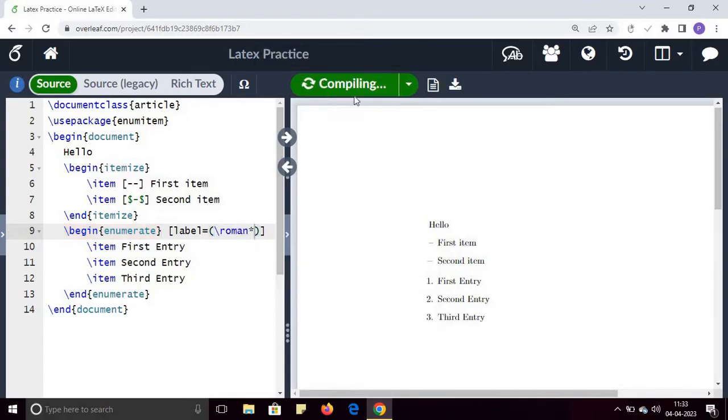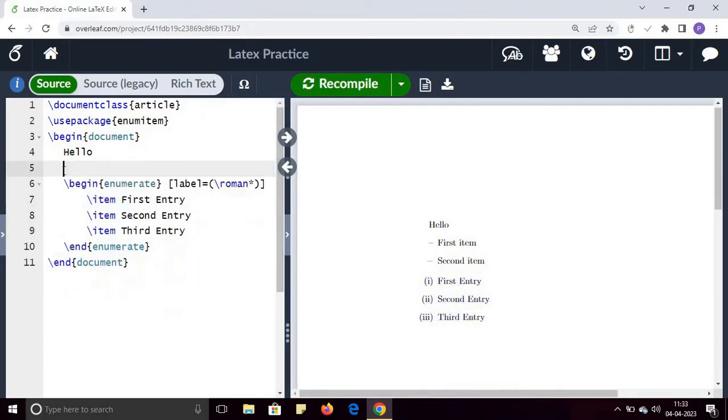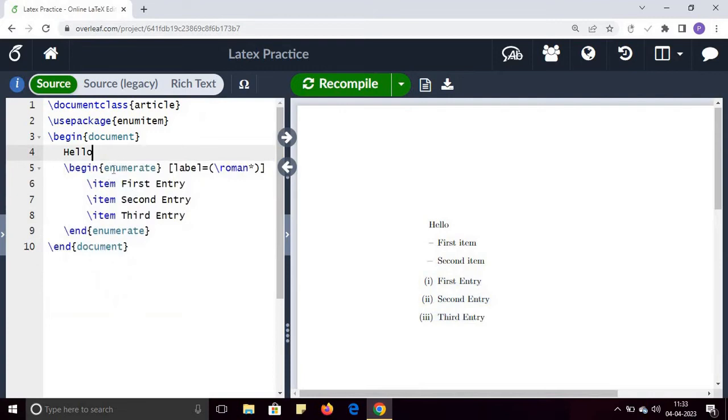And if I click on recompile, and you can see this. Okay, let me delete this because I want to focus only on how to change the style of ordered list. And if I click on recompile, you can see 1 2 and 3,